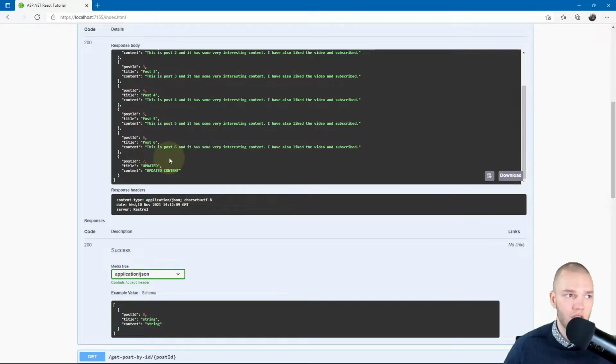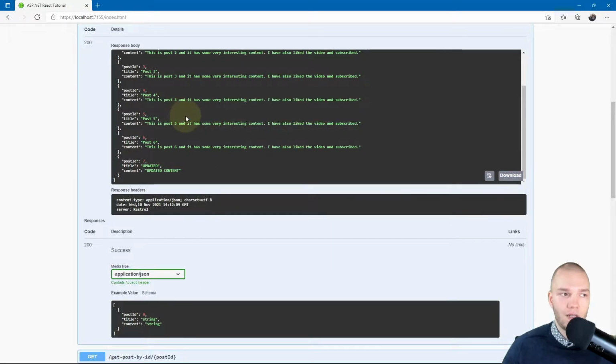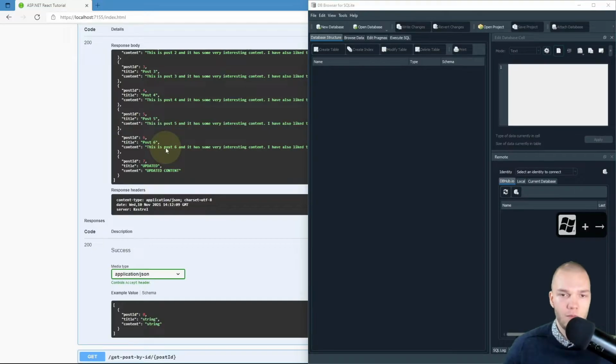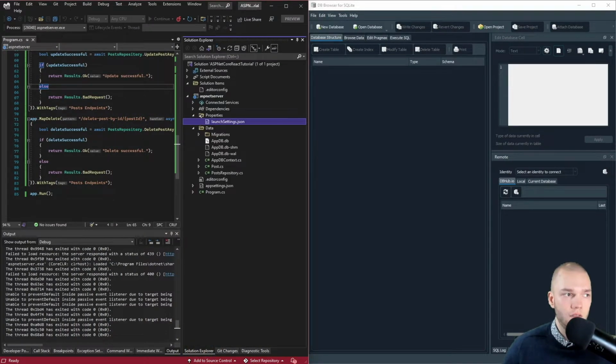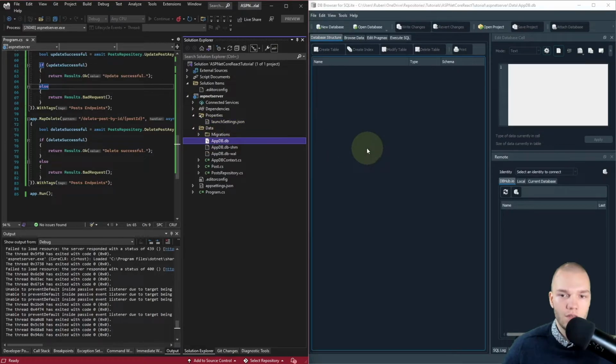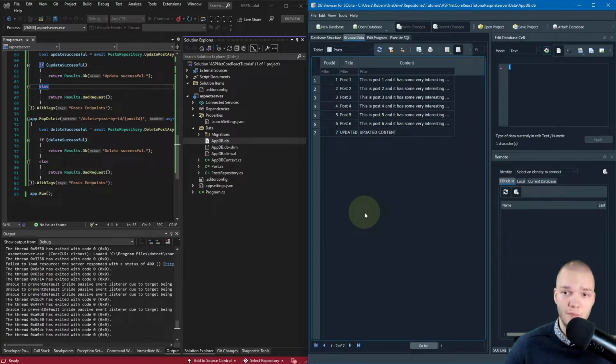And I just want to check the database real quick to verify that our changes have persisted. So I'll open this DB Browser app again, and I'll open it side by side with Visual Studio. Go to the Solution Explorer and drag and drop the database in there, browse the data, and there we go. We see the CRUD operations we've been doing via our API have been persisted to the database, so that's good.